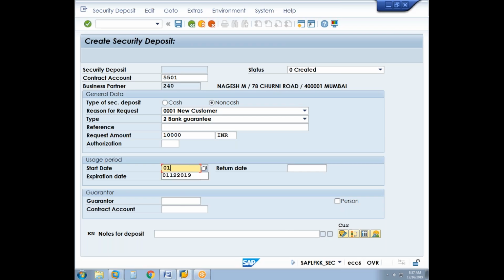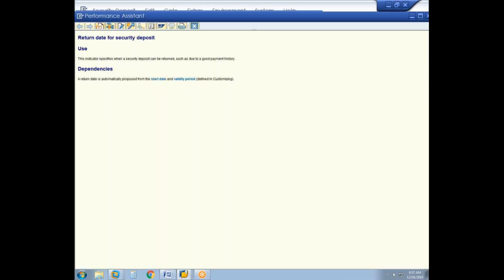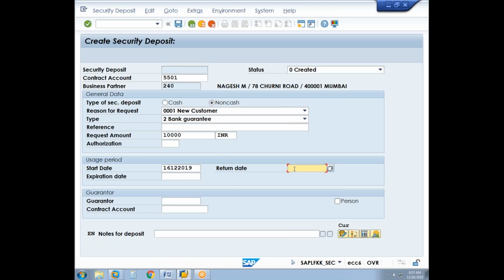01/12, or we can say from today, that is basically 16/12/2019. Return date. Okay, what is return date? Return date and expiration date. There are two dates. This indicator specifies when a security deposit can be returned, such as due to good payment history. Return date is automatically proposed from the start date and validity period. But here we are giving it as basically